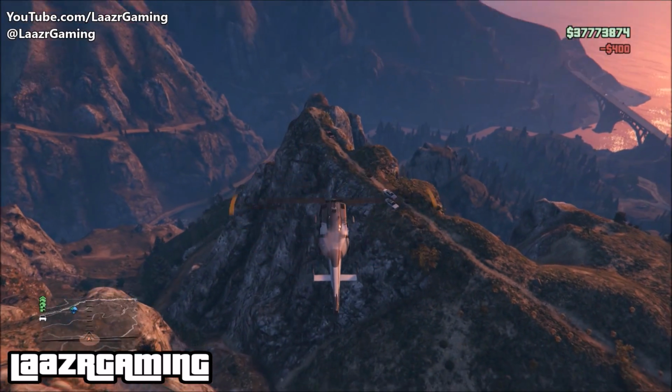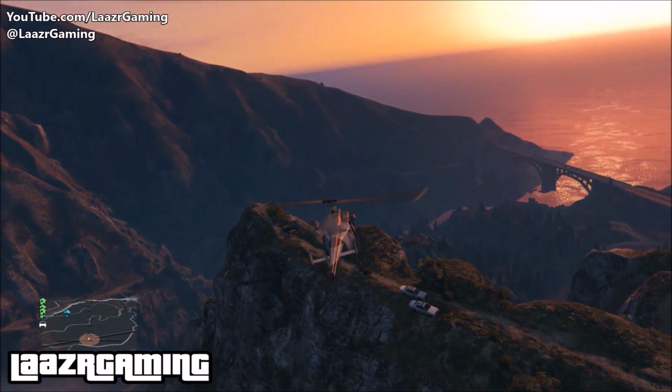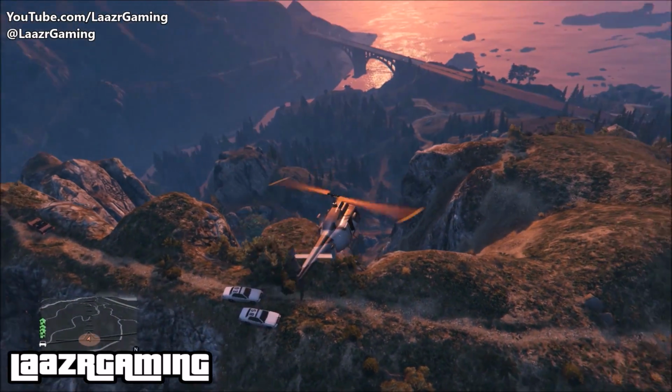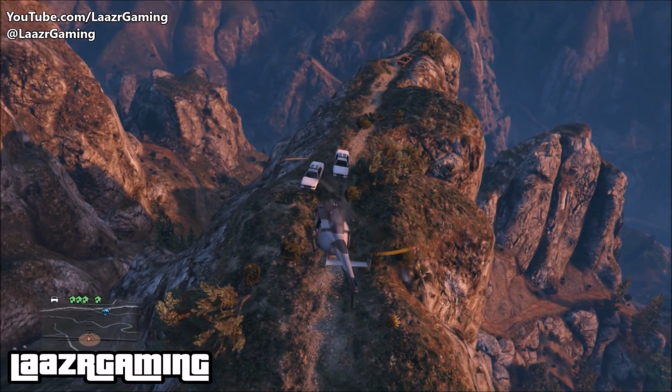So that little part there that I just explained about the Mariachi driving off the cliff, you might be thinking, why is it driving off the cliff and why is there a bunch of police behind it? This is actually another Easter egg within GTA 5. This little scene that you see being reenacted in GTA 5 is actually from a very famous movie which